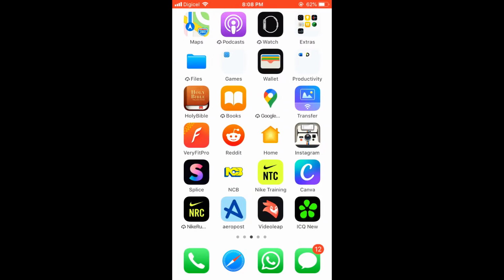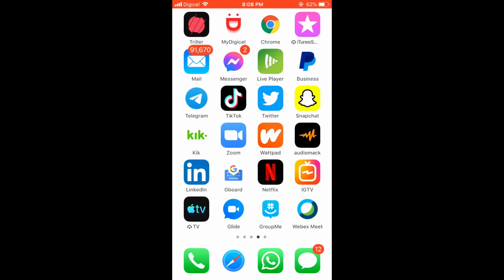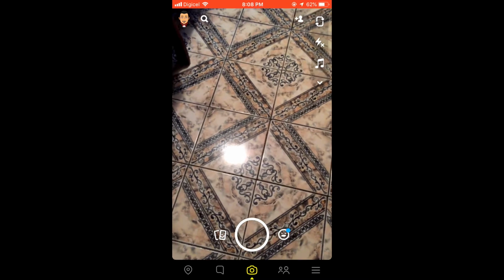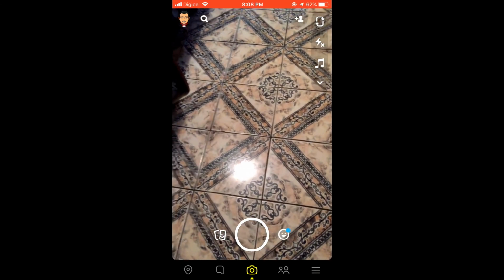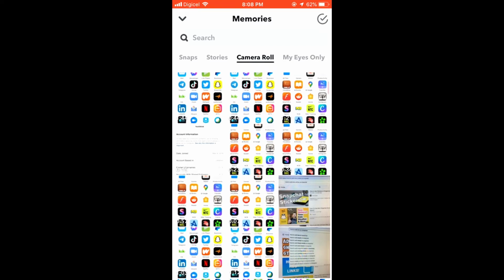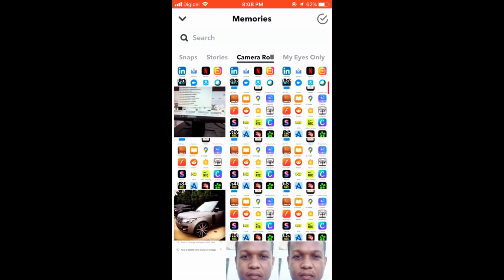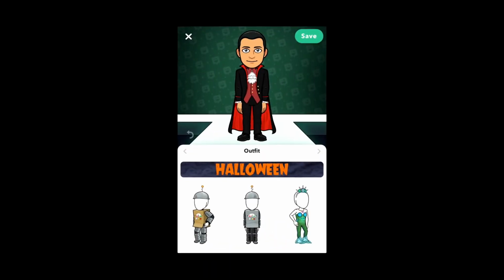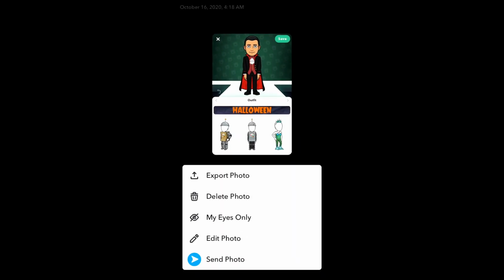Now let me go into Snapchat. Then when you go into Snapchat, instead of clicking on the camera, you'll click on the two cards right beside it, and then you will select camera roll, and then let me search for that Bitmoji picture. There it is. Then you're going to click on the three dots that are in the top right hand corner,